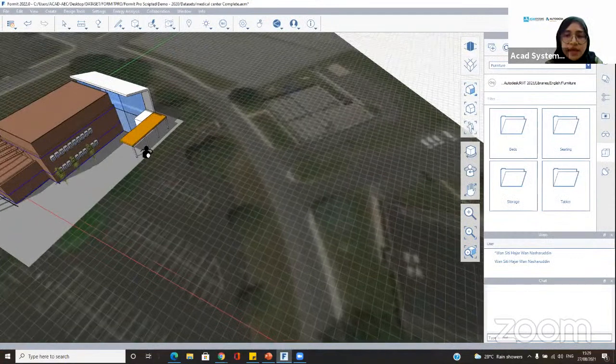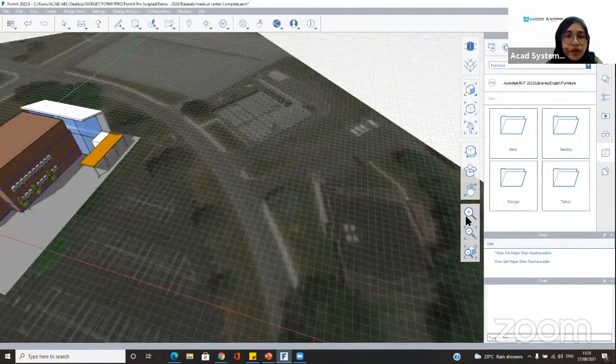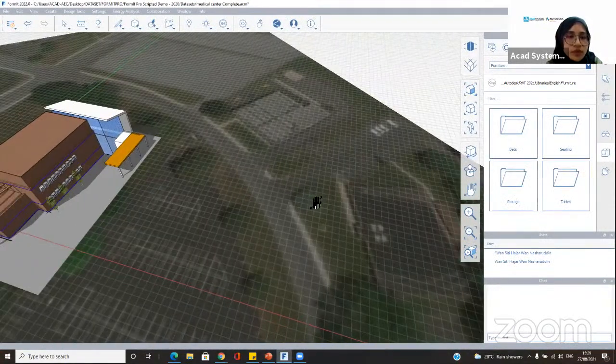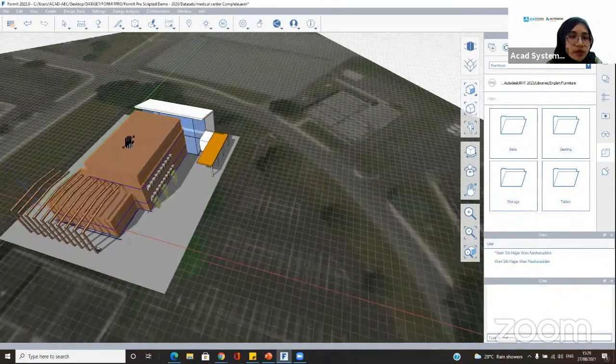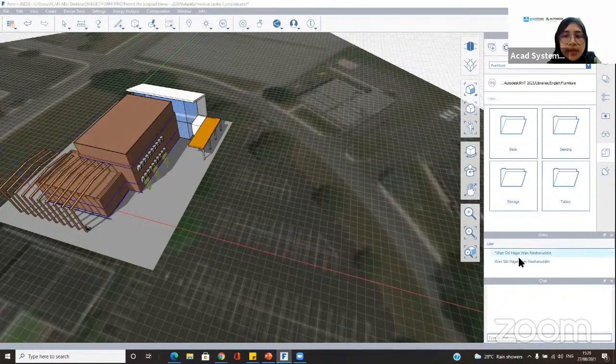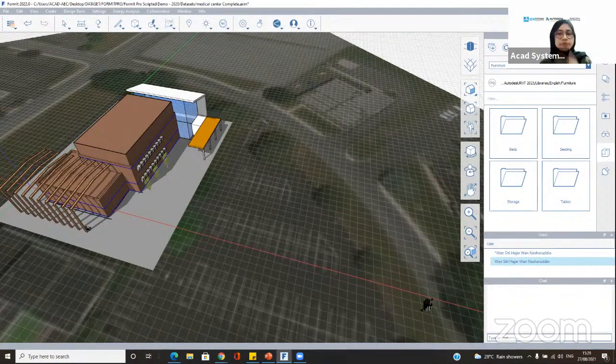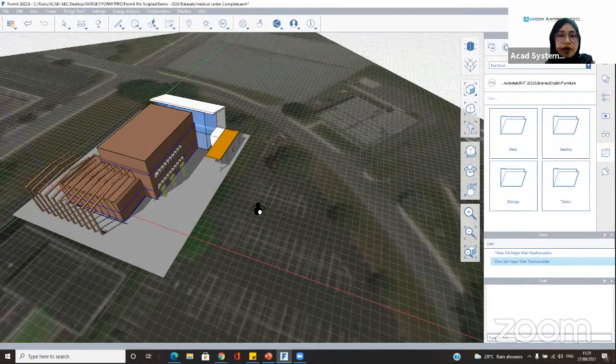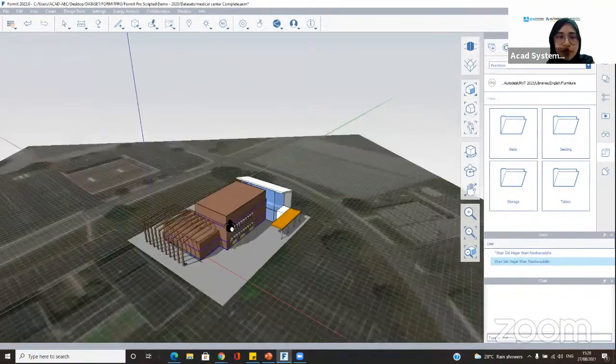So you can see that on my desktop, those changes have also been created. So if you want to collaborate, you can also do that if you are working with more people, and then we can easily track any user inside those models. So this gives you privacy and also security on the model. I think that's pretty much on the beginner side of starting up with Formit Pro. Feel free to use it. Feel free to try it